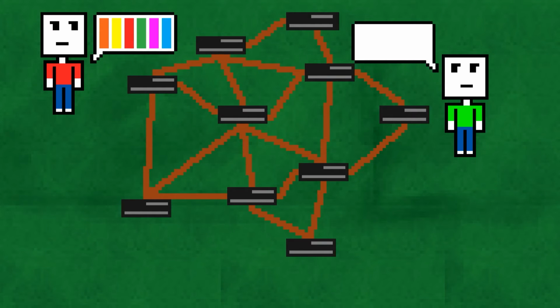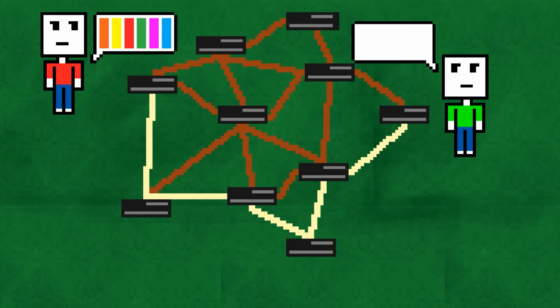Let's first look at the old technology of circuit switching. I am the red shirt man trying to send a message, these series of colors, to the green shirt man. With a circuit switching network, we must reserve ourselves a line in which our data can go through. When you reserve a line, you're essentially renting it. That's why long-distance phone calls used to cost more, because you had to rent a longer line.